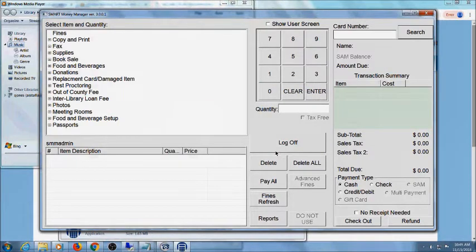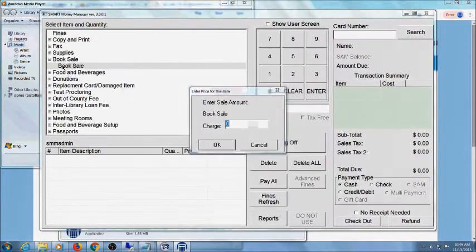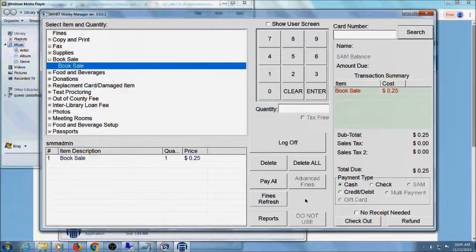The next transaction will be for a credit or debit card transaction. So in this case, we'll add an item to our cart. Now, when I choose credit or debit,